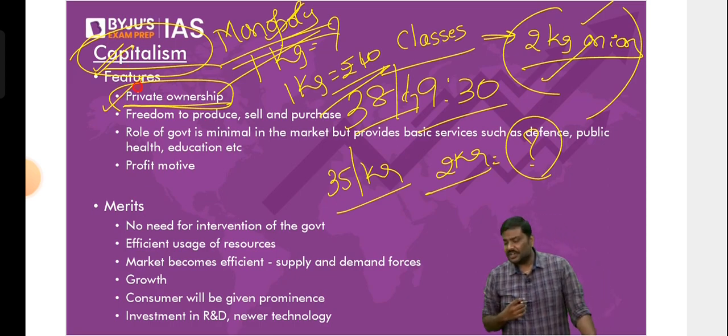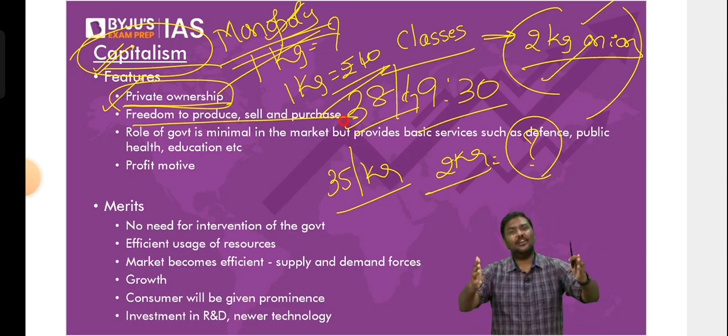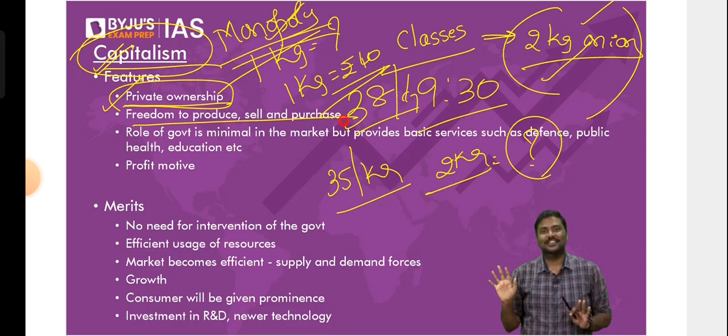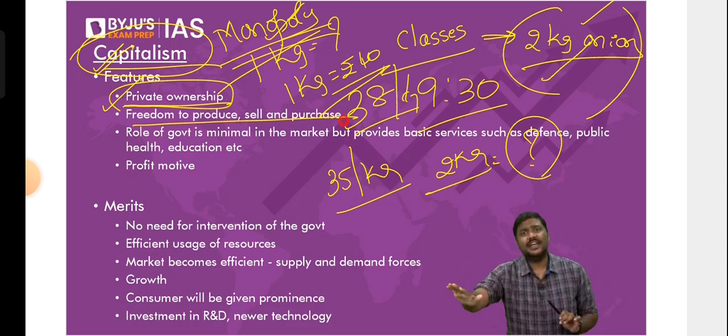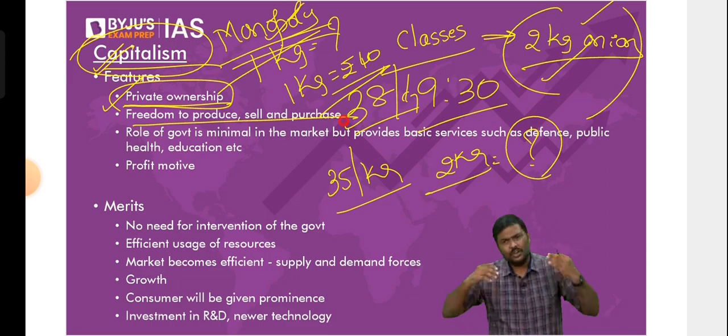So the first feature is private ownership, right? And the second feature is that in capitalism there is freedom: freedom for me to purchase any kind of good that I want to purchase. The main idea for capitalism is that it assumes that people will have money to purchase goods and services. Under capitalism, production is done because they know that people will have sufficient money to purchase these goods and services. And if you have money, you'll be able to purchase. If you don't, you'll not be given access to these goods or services.